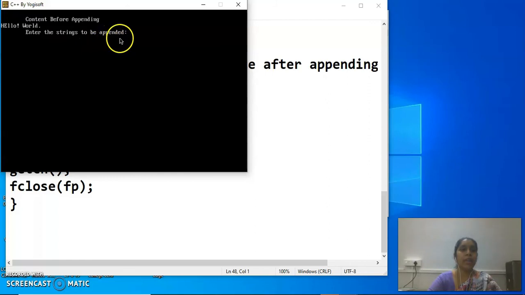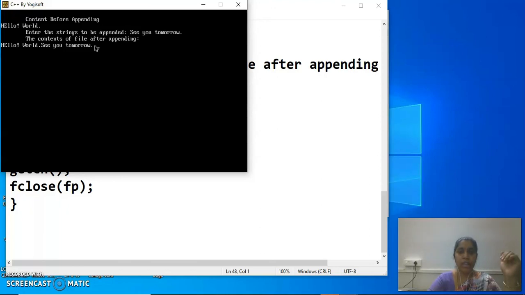Enter the string to be appended: see you tomorrow, and we give dot. Now the content of the file after appending is hello world dot see you tomorrow. So it appends to the already existing file data.txt, which has hello world, and see you tomorrow is the new text we have given. It is appended at the end of the file.